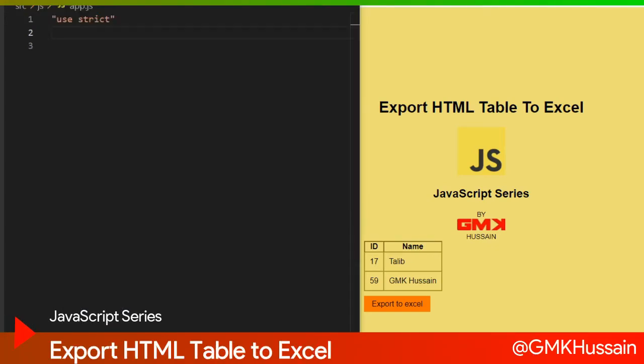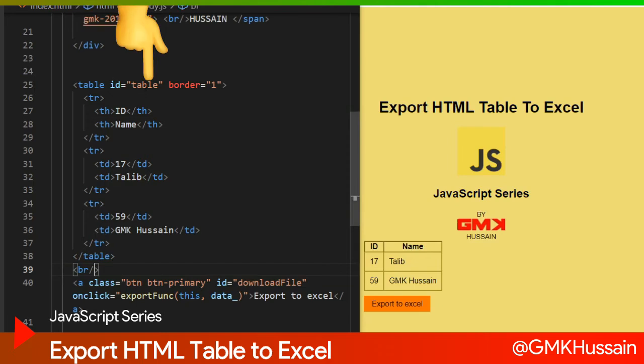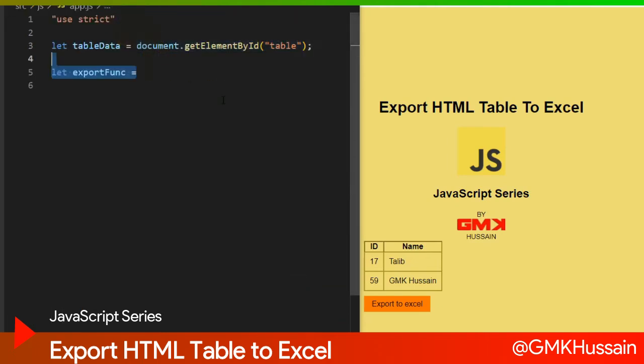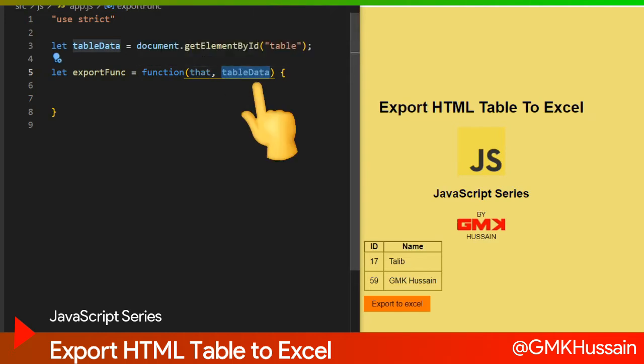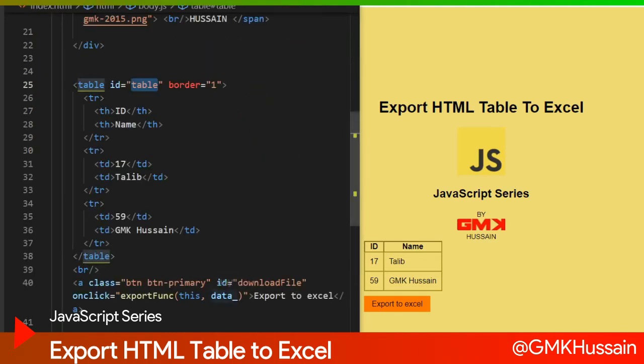app.js. Here I first of all declare let tableData equal to getElementById table. Here is let exportFunction equal to function, first parameter that, second parameter is dataTable that is referred to this,